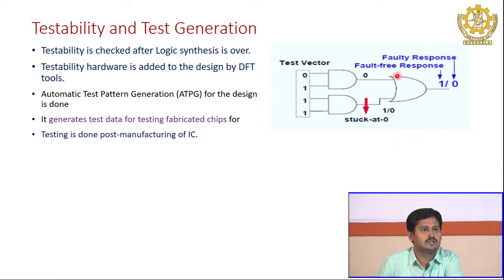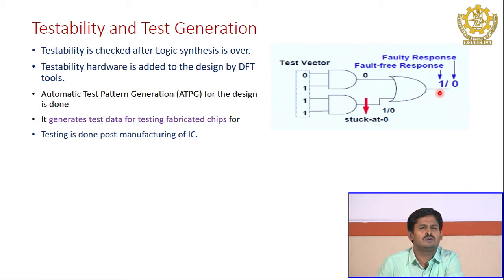gate. Let us say I have fabricated an IC for this. There are two gates, with certain inputs 0 1 0, then 1 1 should be 1. Then again this 1 and 0 should become 1, which is my fault free response. So, if this circuit works as per the input given here and acts as a particular gate as it is specified, it should take this 0 1 1 and give an output of 1.